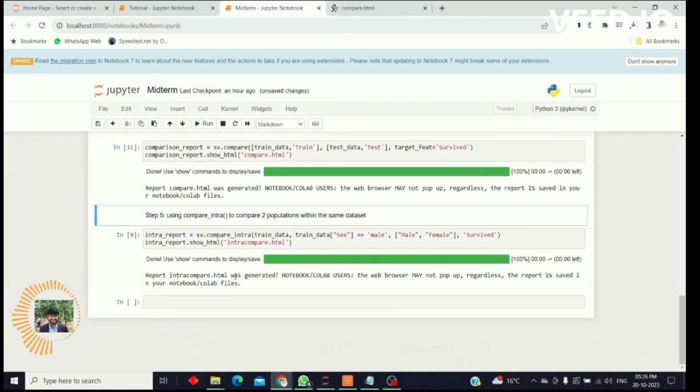The second type is intra-compare, which is between two populations within the same dataset, which in our case is the train dataset, and the two populations are male and female. Let's compare these populations and see how it affects the data. So this is the syntax, sv.compare, the difference being this extra part here, compare_intra, and here we are splitting into two parts, and the target. So this is the same. We hit go